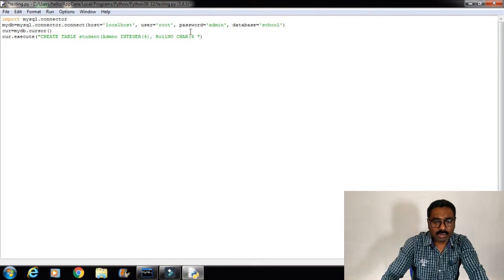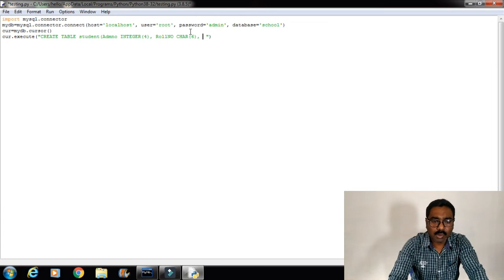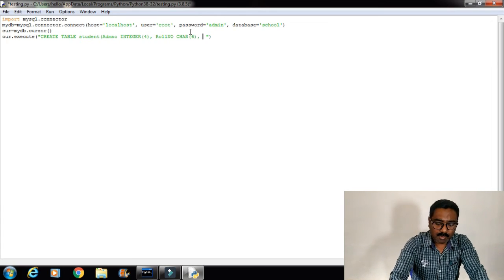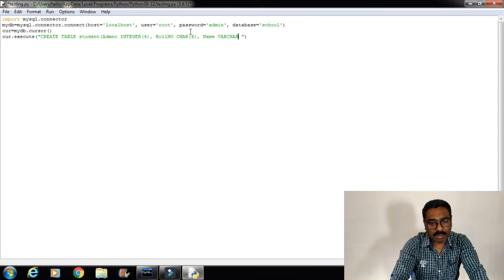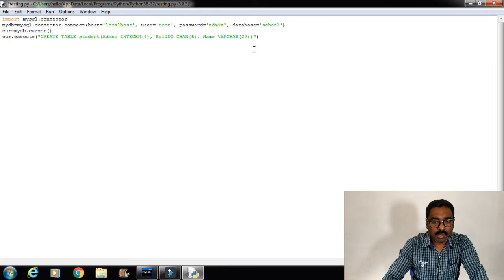And the third one, suppose name, and the data type is varchar. The length is suppose 20. Close the bracket, close the double quote.